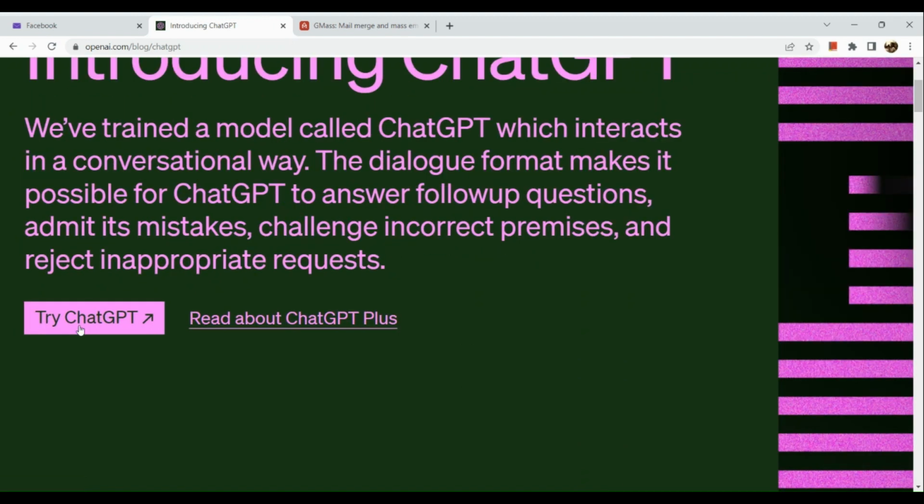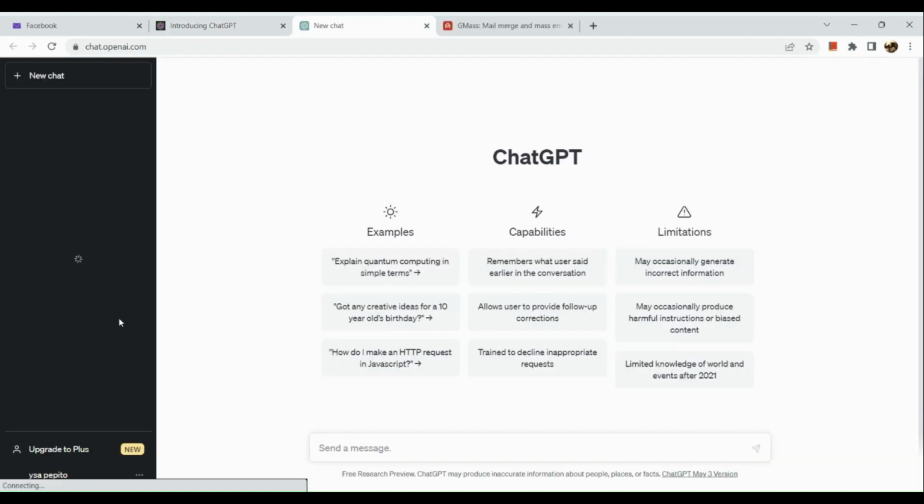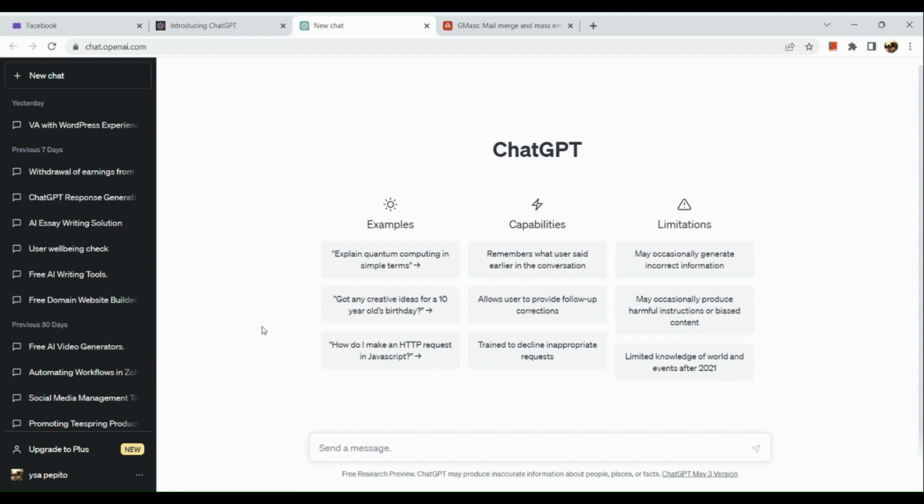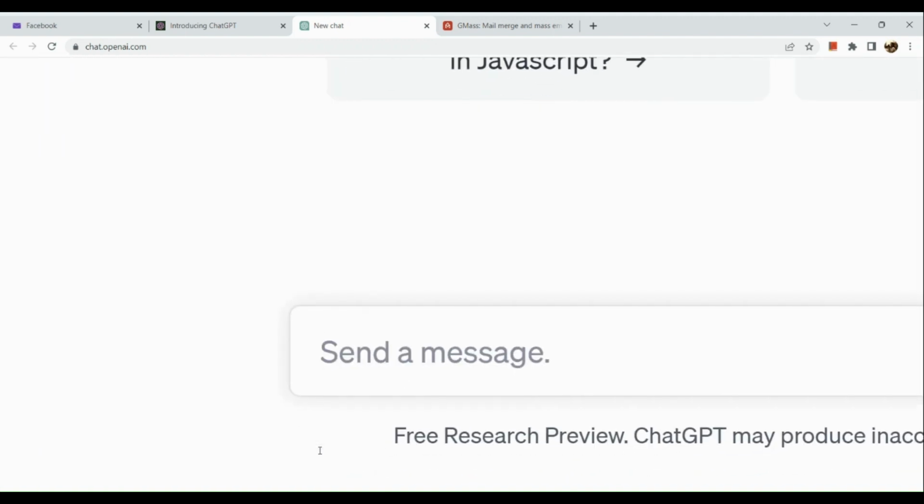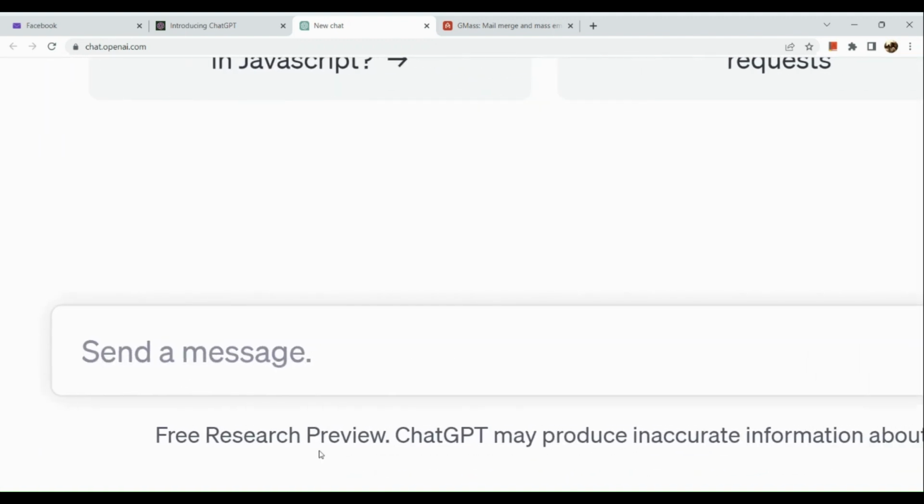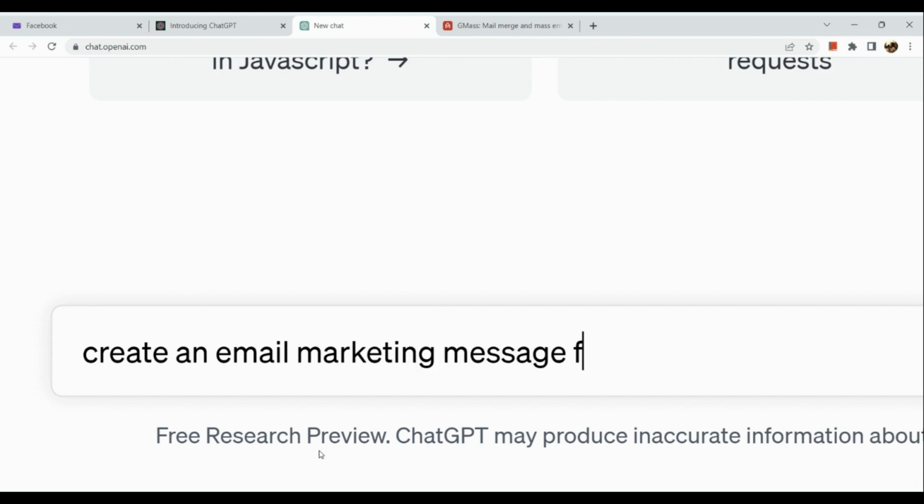So let's try ChatGPT. In this section, we are going to compose the emails, or the cold marketing mails, that we're going to send to our clients later on. All you need to do is go to the message bar below, and then input something like: create an email marketing